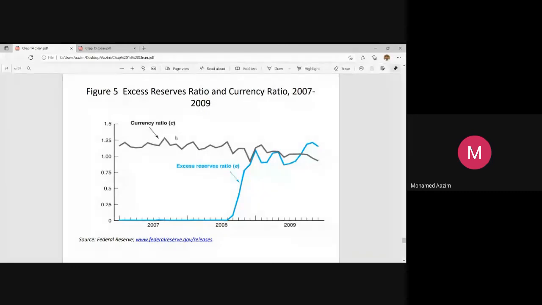Because one is deposit insurance. The currency ratio has actually declined during this period. They were actually looking at the deposit insurance schemes and also assurance from the central banks and the governments that the money with the financial regulators and the deposit agencies would be guaranteed. Even in Sri Lanka, at different points, there were assurances that the deposits maintained with certain financial intermediaries were guaranteed by the government.